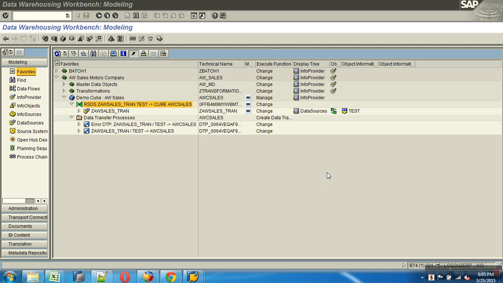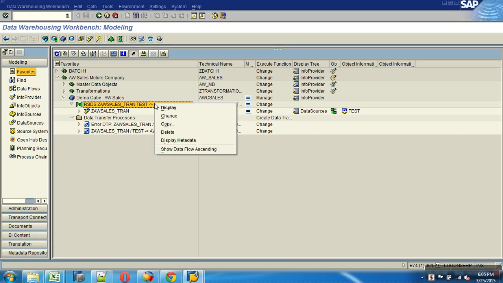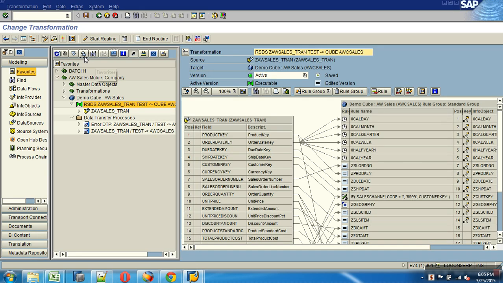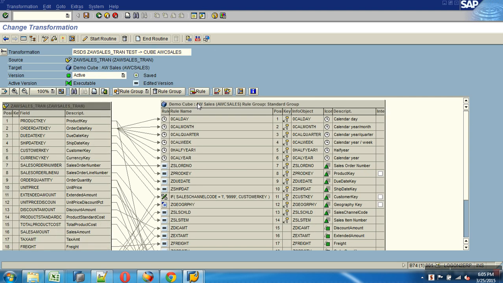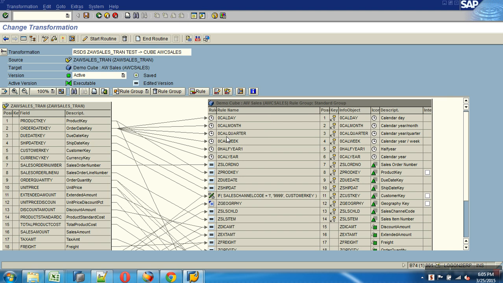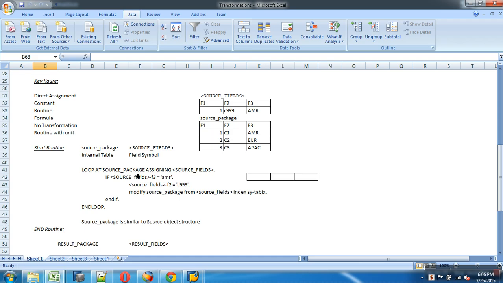Now we've been looking at transformations. So we should be okay with the field level routines here. This is your source object, this is your target object, and these are the field level mappings. And now we're looking at start routines. Very, very important. An important point to be noted is,